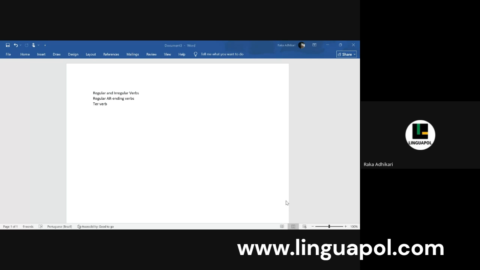Exactly. Okay. So with different subjects, we actually use different forms of the verb. And that process of changing the form of the verb according to the subject, that is called conjugation. Okay. So today we will learn something new. So all the verbs that we have in Portuguese, let's say all Portuguese verbs,